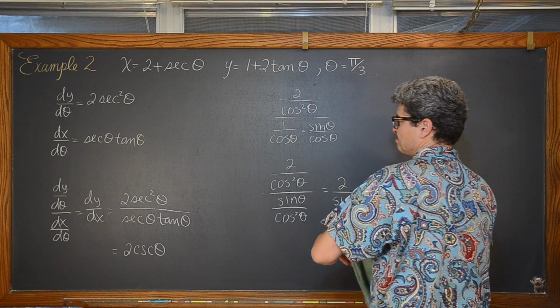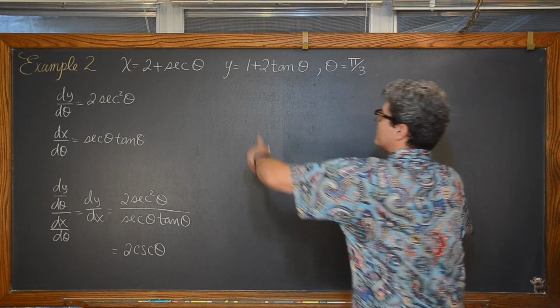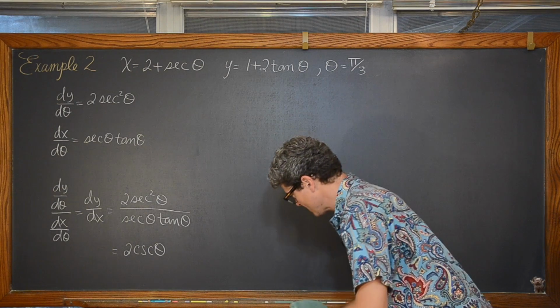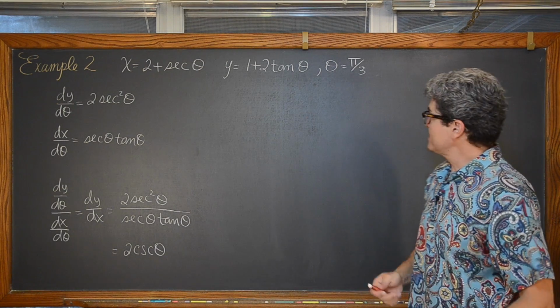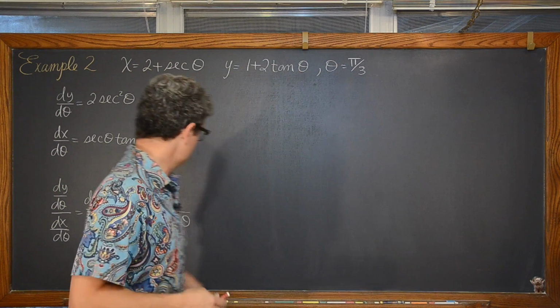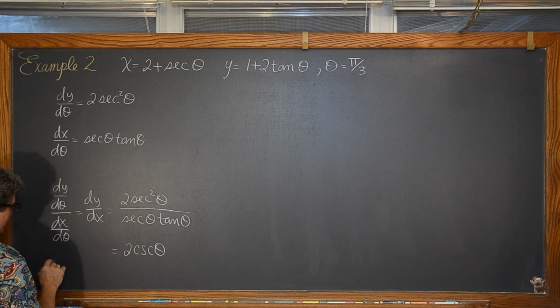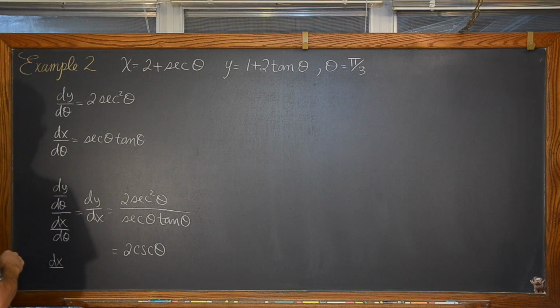Okay, so is the curve defined by these parametric equations increasing or decreasing when theta is equal to pi over 3? Well, let's see. I know this is going to take up some room, so let me just put this right down here. dy dx